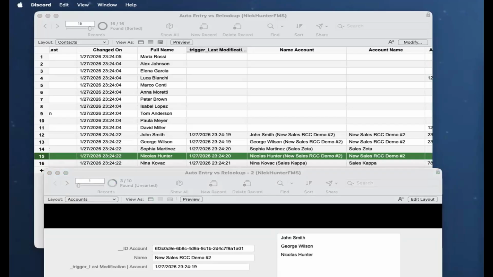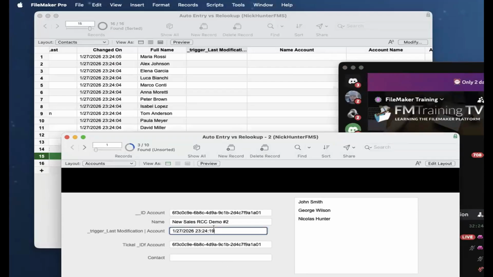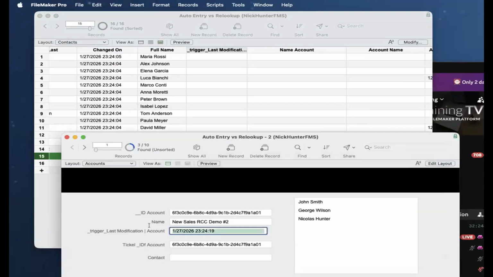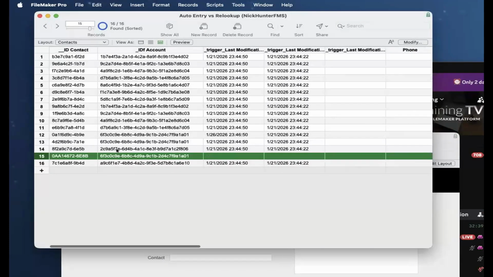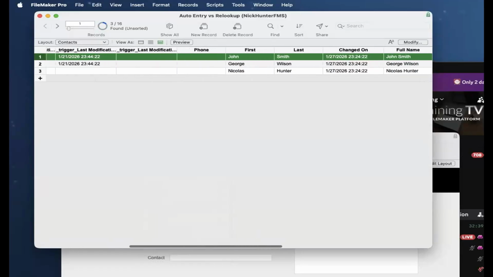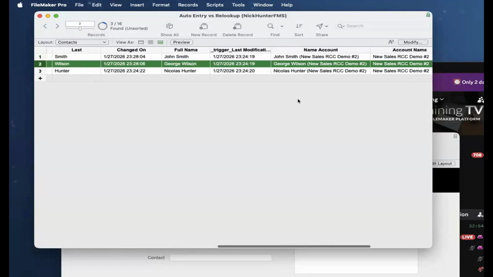No, David Angel, the trigger needs to be in the table. This trigger here belongs to contact, it is this field here. By placing the field here, this record, the 63C, is related to three other records by this IDF foreign key, right? So those three records. Okay, let me explain again. Instead of